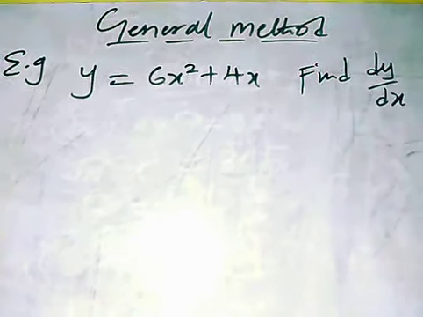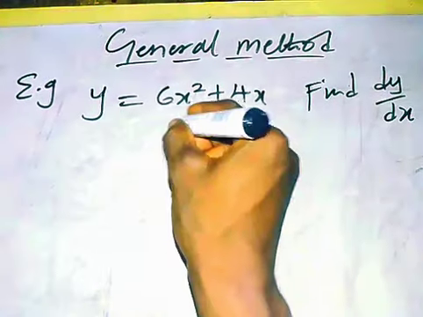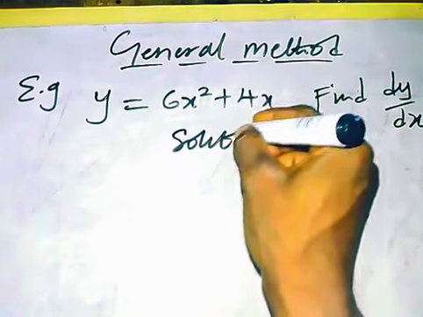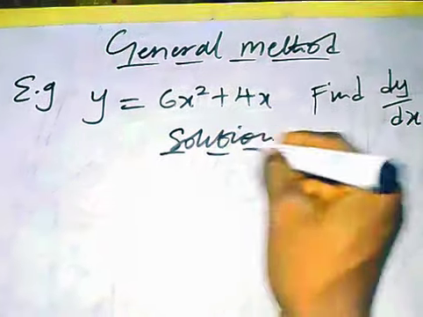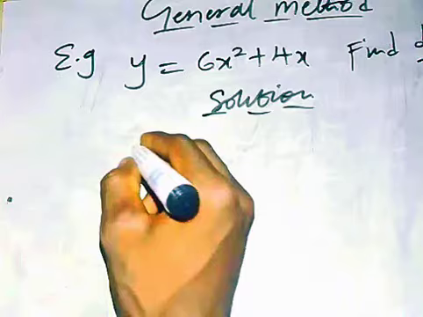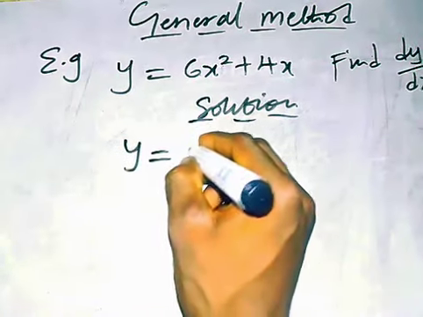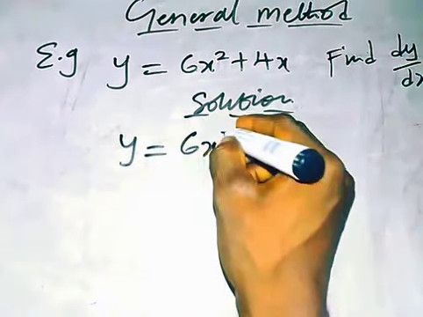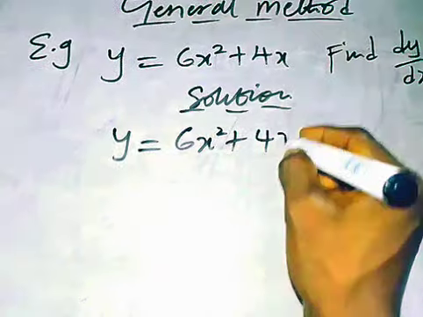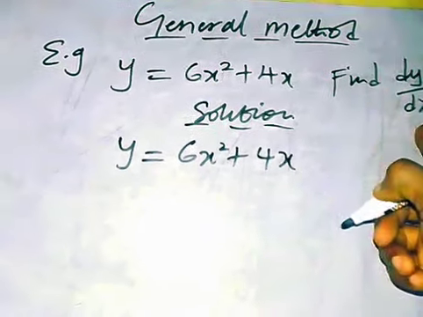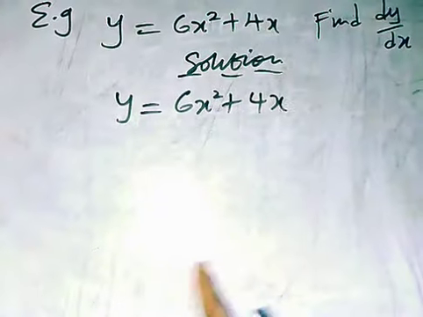Alright, so we have the solution. The question says that y is equal to 6x squared plus 4x, and we are asked to find dy/dx. Okay? Now, I told you earlier that